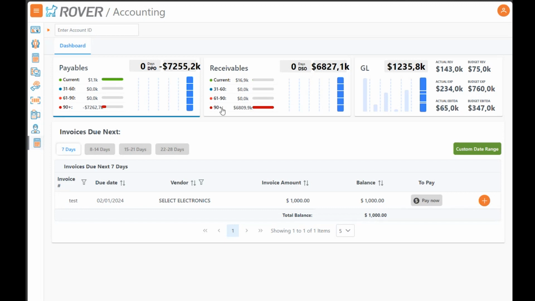We do have an update coming so that this can show the same number of buckets as you see in the AR aging report. So there should actually be 5 buckets based on how this is set up. But we'll have that coming soon, and we'll also be calculating the days payable outstanding and days sales outstanding going forward as well. Additionally, we can see that now we're loading invoices onto these tables based on the back end,